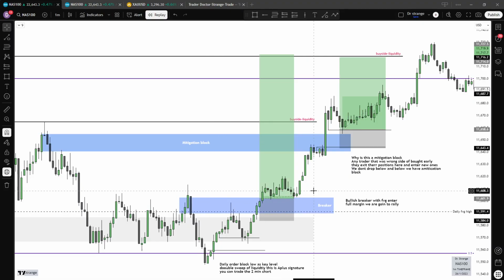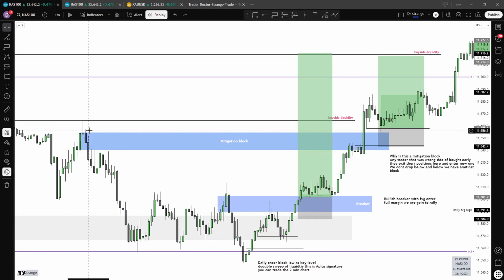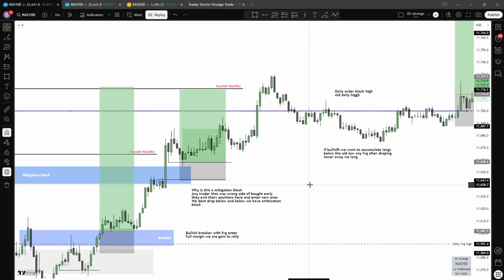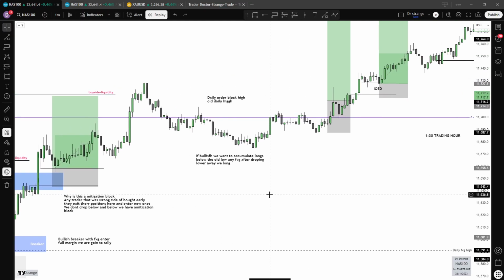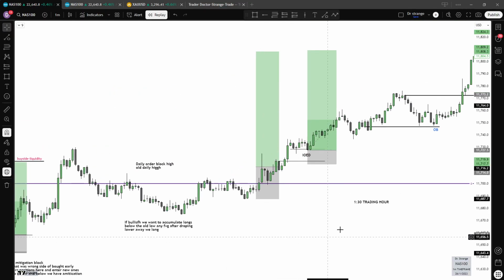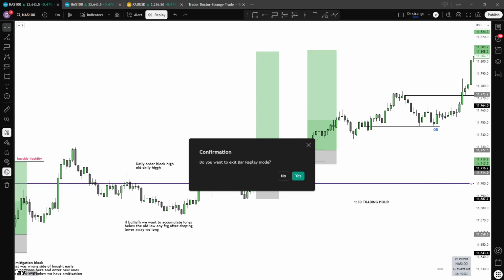Now you have a breaker. Do you think price will go below the breaker? Have a mitigation block for adding more entries. Sellers who have gone short, now they are mitigating their positions to go long or exit their positions. So all this you note and you record. So I hope this shows you or helps you to study ICT 2022 mentorship.